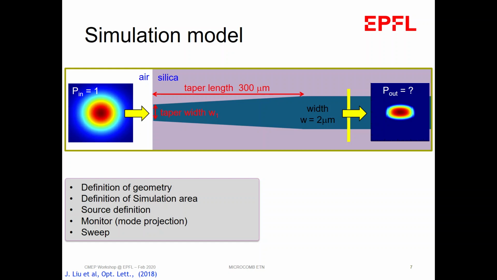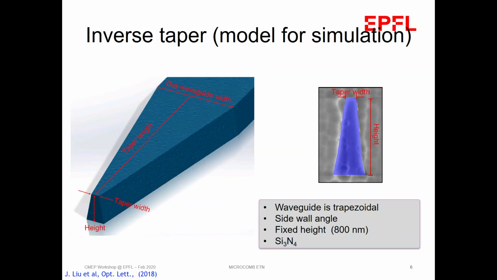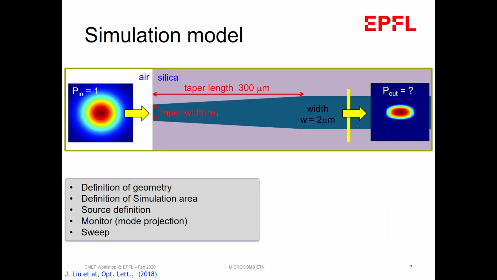Then we inject this source inside this taper that has this initial taper width. If you see in the last slide, the top part, which has a smaller width compared to the bottom one, is our initial taper width. Then we inject this source in our taper